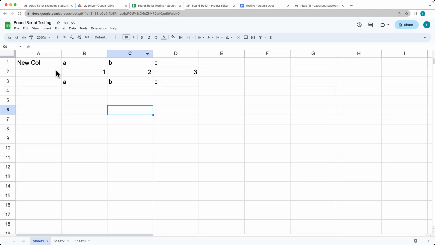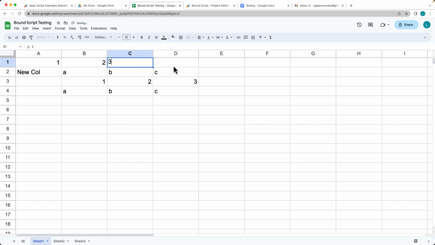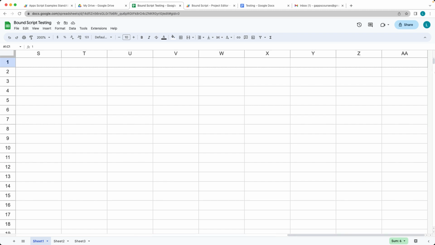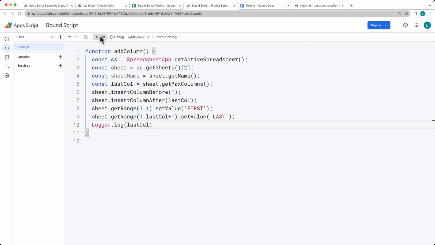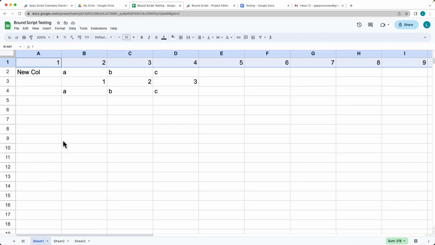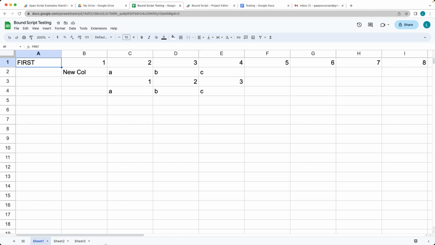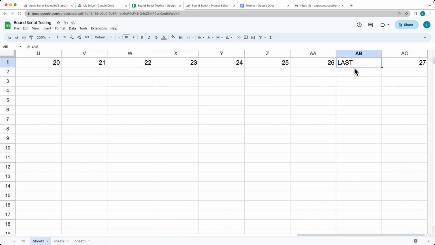Let's go into the script, and we'll add in a new row and have these numbered, and just drag it across all the way till we've got to the end there. So we can better see the values as they get inserted. So there's 27 columns right now. Run the script, and now it's added in additional columns there. And I need to select this to be the first sheet. So going back there. So it's added in the first one,